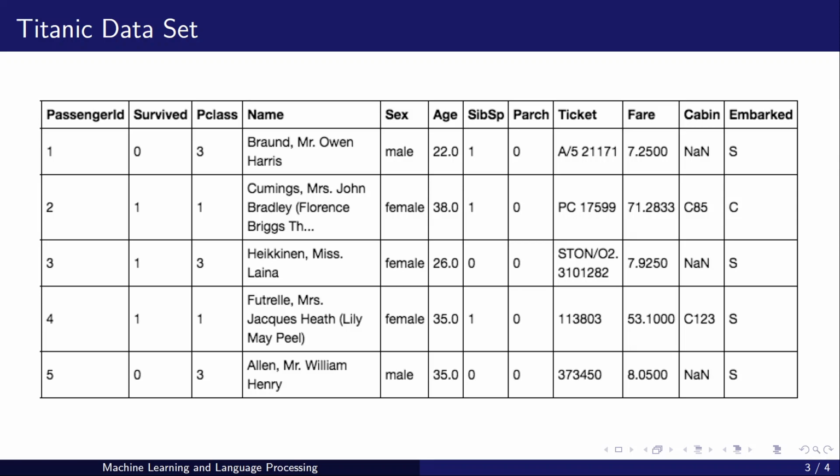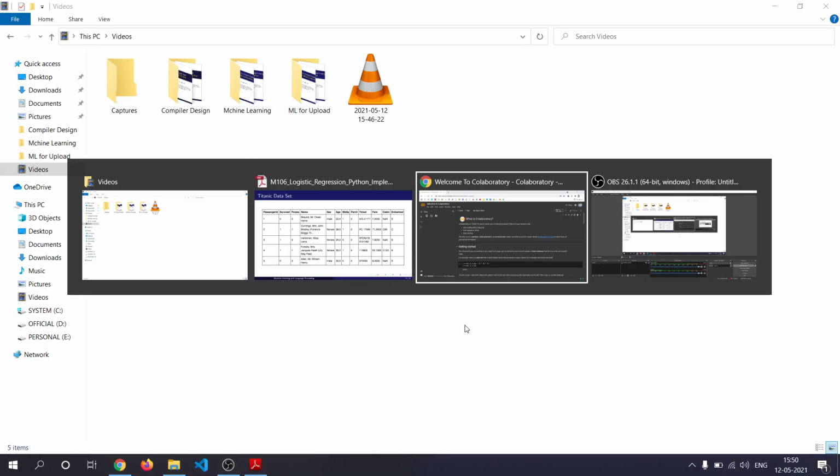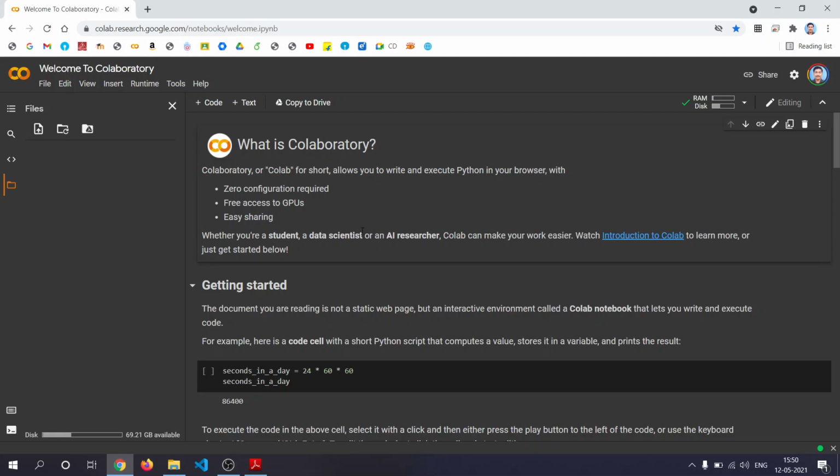Let's start with the Titanic data set. So in Google Colab, you start a new notebook. Then first of all you open your Titanic data set. I have already downloaded. You give a name to this notebook, logistic regression.